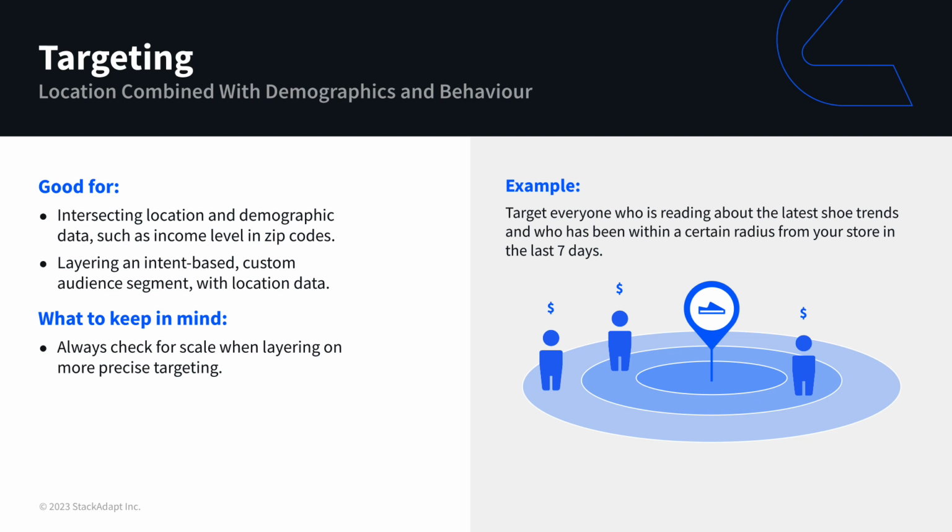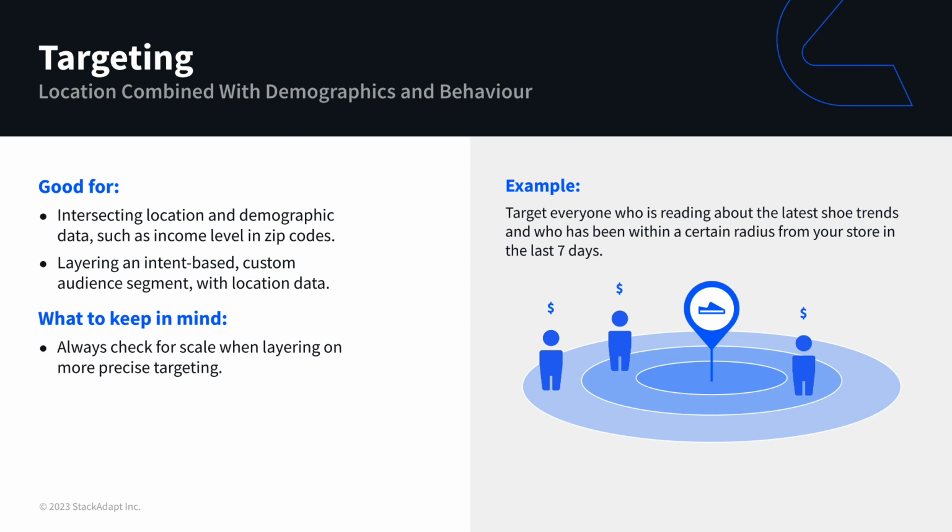Just moving on to the final tactic, and I think this is a key example of how StackAdapt and PlaceIQ work together to bridge offline and online data. This leverages location-based audiences from PlaceIQ and intersects them with StackAdapt's in-house browsing audiences. So not only does this give you an audience of people that are visiting a specific location or set of locations very frequently, you can also layer intent online